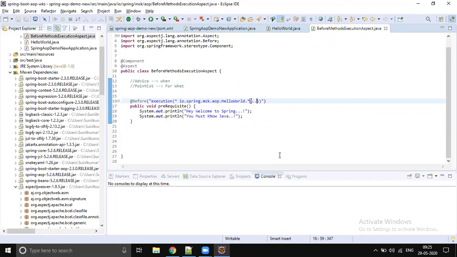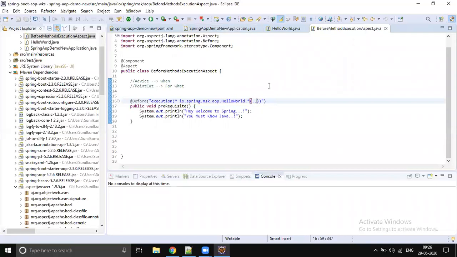So you should say dot dot, which means zero or n number of parameters. In Java varargs it's three dots, I thought they would have given one more dot here. But in AOP it's two dots. I hope you know Java varargs, zero or n number of parameters. Same concept here, the method can take zero or n number of parameters, so AOP is going to support it.